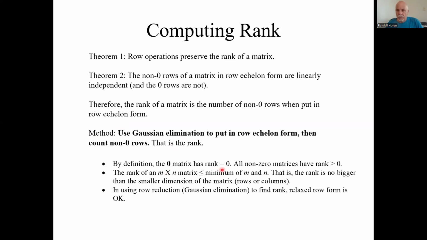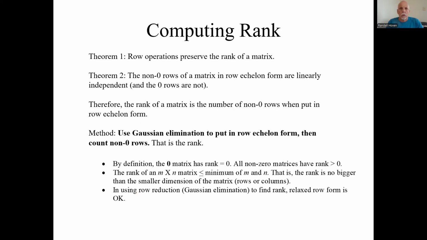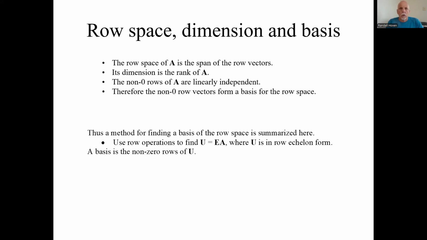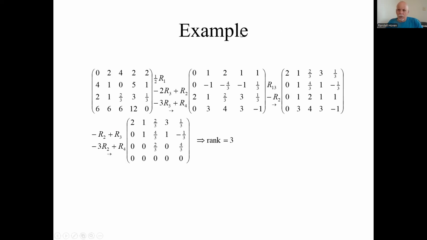The zero matrix has a rank of zero. Any other matrix has a rank strictly greater than zero. The rank can't be bigger than the smaller of M and N. All you really need is the relaxed form of row echelon form. We'll do an example and then we'll talk about the basis of